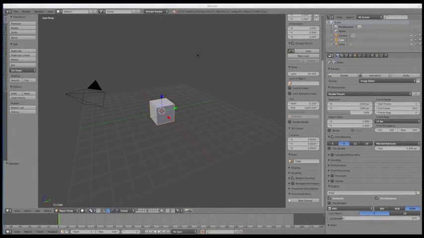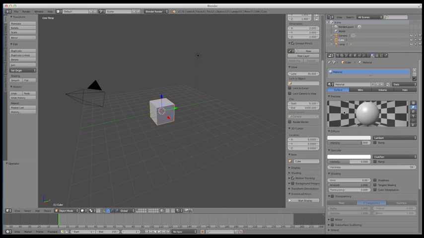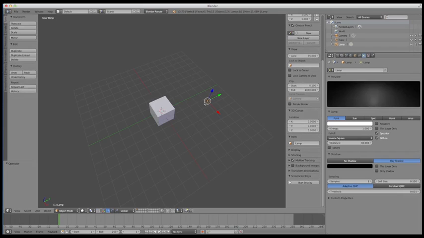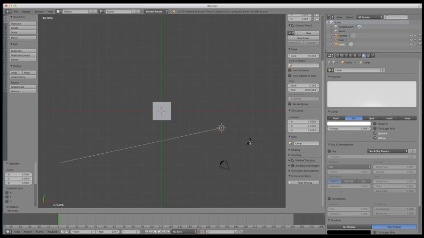In this lecture, I'm going to show you how to use the textures panel to enhance your materials. We're going to start off with the default cube scene here. I'm going to run into the materials panel and let's go ahead and move this light over here. We're going to make it something like a sun lamp. Kind of bring this back,